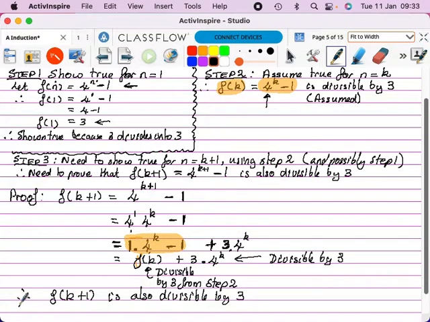And the final thing is step 4, proof follows by induction. Okay,